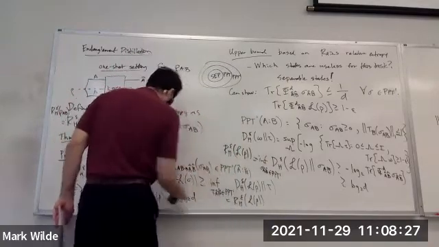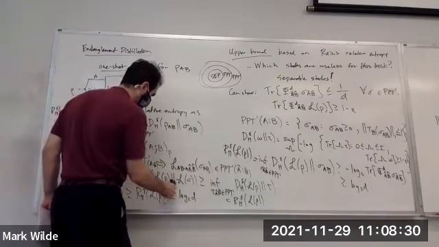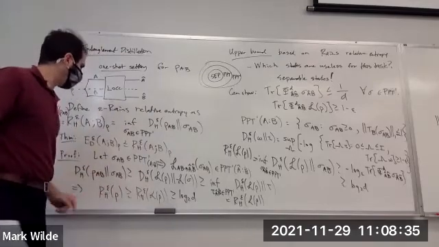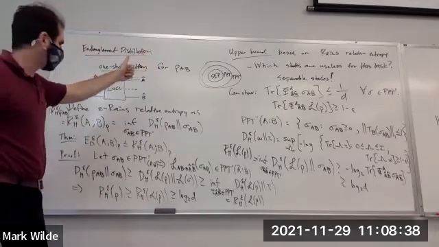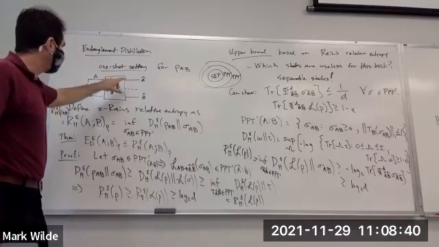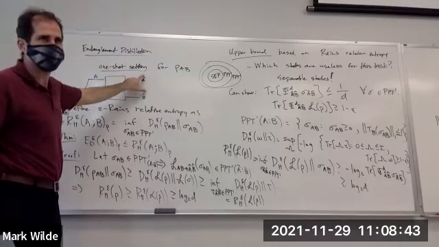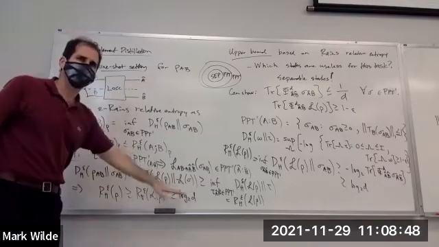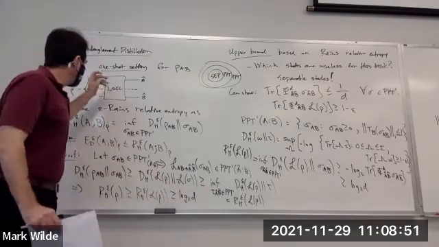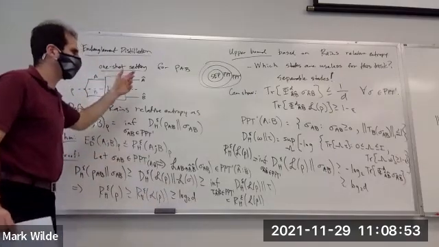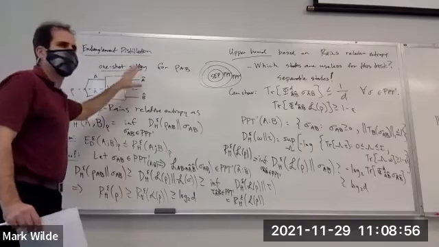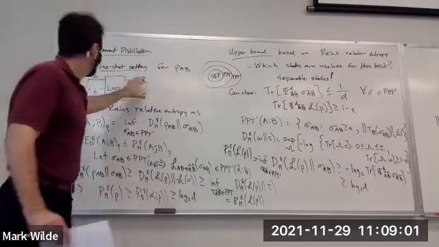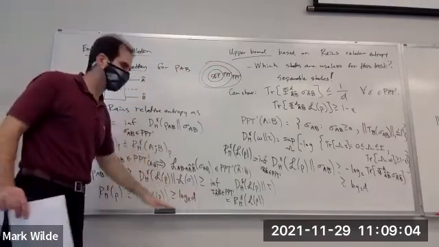So now we can eliminate the question mark. Right? Now what do we have? We have, for an arbitrary entanglement distillation protocol that has error epsilon, such that the final state has dimension D, this bound holds, right? So if you're trying to do entanglement distillation to get epsilon-approximate log base 2 of D ebits, then this bound holds.